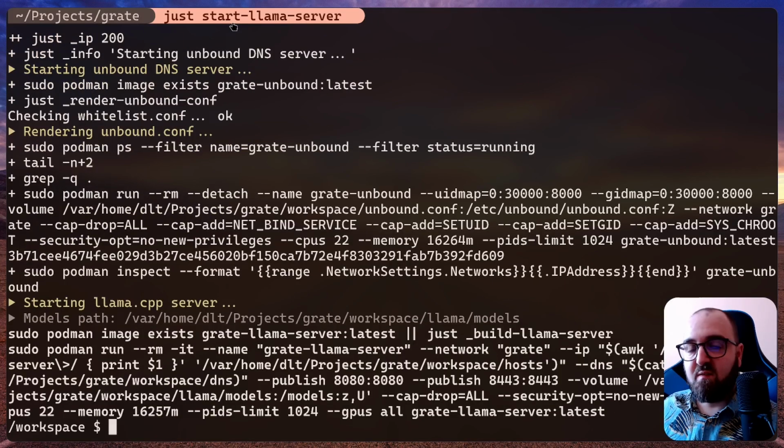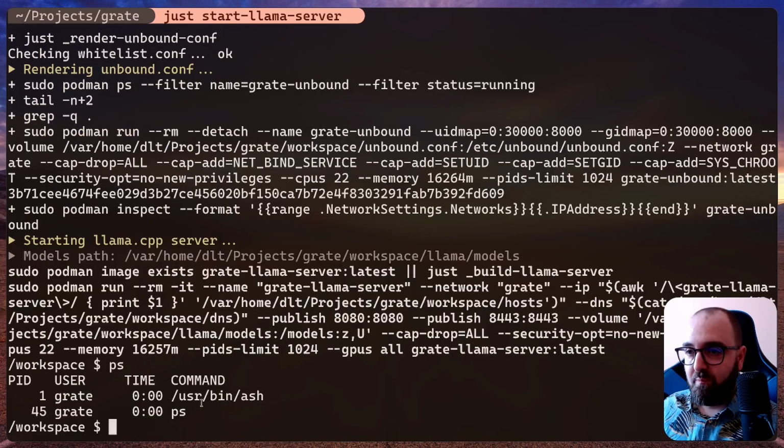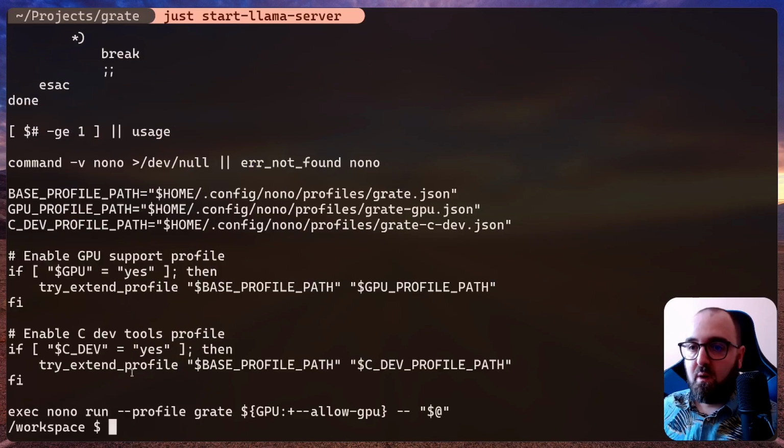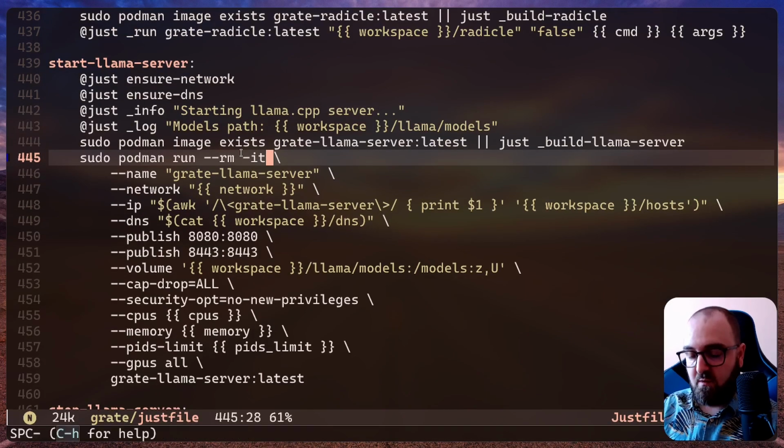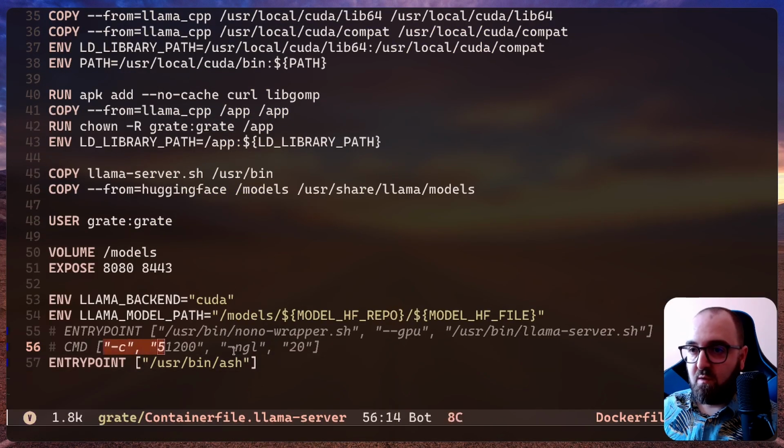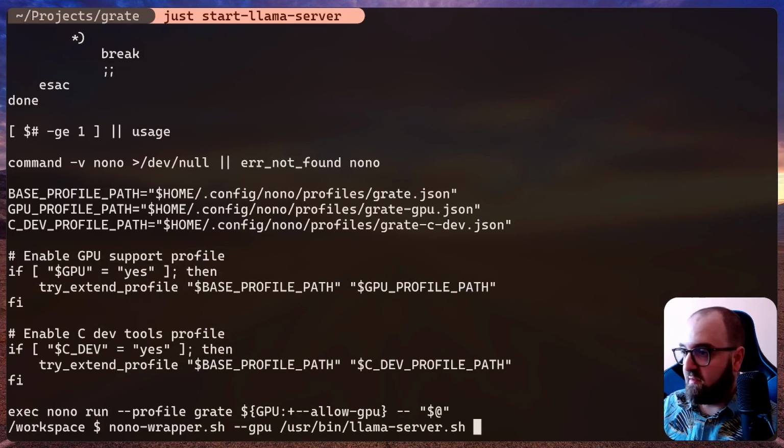Okay, and remember that we disabled the no diagnostics for Nono, and there is no Nono running, but if we cat user bin Nono wrapper, you'll see there is the no diagnostics has been removed. And so we will want to run this with user bin Llama server. We want to enable GPU, and I'm going to pass these command line arguments as well,